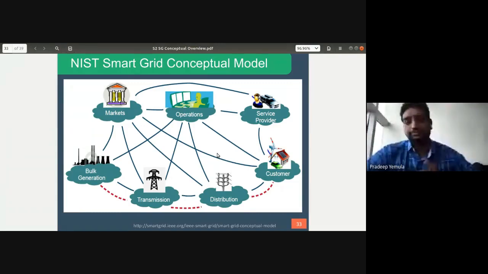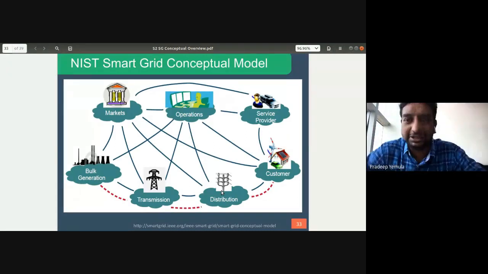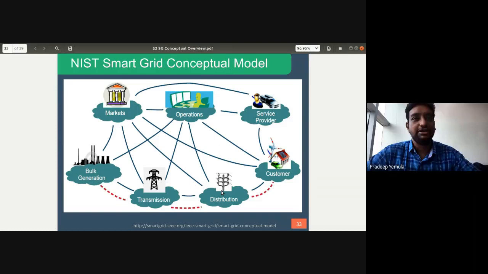So the question is, is there any reference material, any books? There are several online resources explaining what is smart grids. Since this is the first lecture in this course, I've just given you an overview of what is smart grid. In this very slide, down below, you can see the IEEE smart grid website address. Everywhere on my slides, I have provided links. You can go to those links to get a little bit more details. But yes, I will be providing you some more reference material to go through.